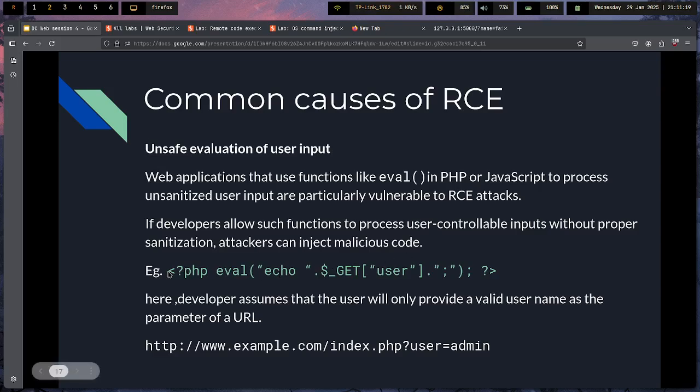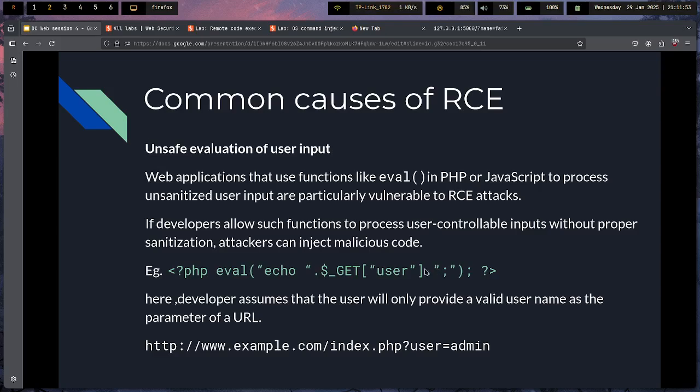So if you have an application that is using PHP, and let's say it uses a function like eval, which essentially evaluates whatever string is present as an argument in it, right? So echo essentially prints out whatever comes after that in PHP. You use echo to display whatever comes after that, and that is basically a statement in PHP. So whatever is part of eval, which is a function in PHP, gets interpreted and executed